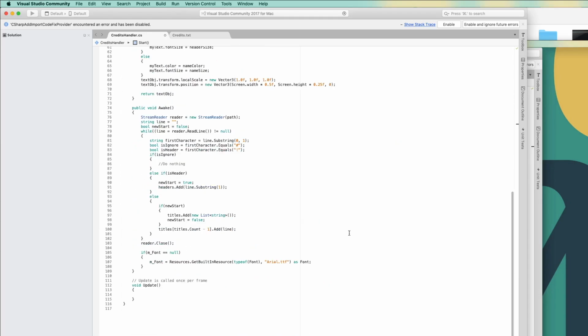So now we only have one more thing to do, and it's our update. So update is actually pretty straightforward, pretty simple. We're just going to iterate through that giant list of credit text that we made. So for int i is equal to 0, i is less than creditText.Count, i++. Then we're going to say if creditText[i] is not equal to null,